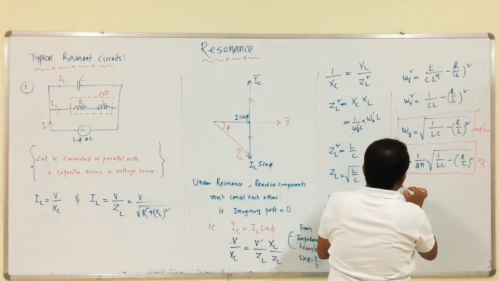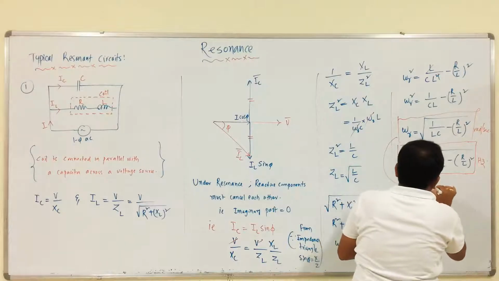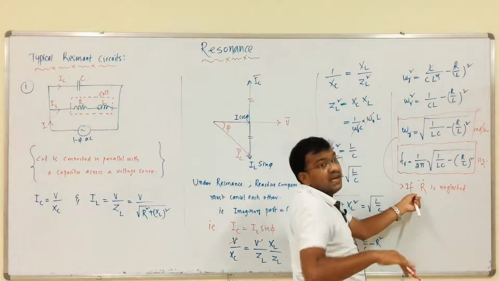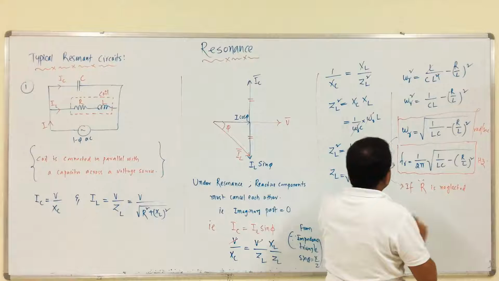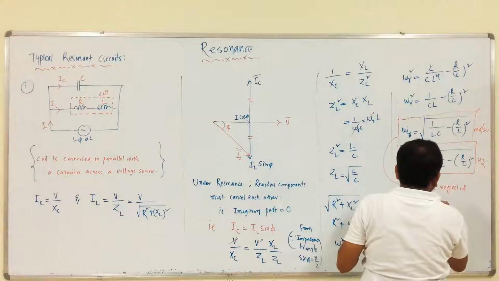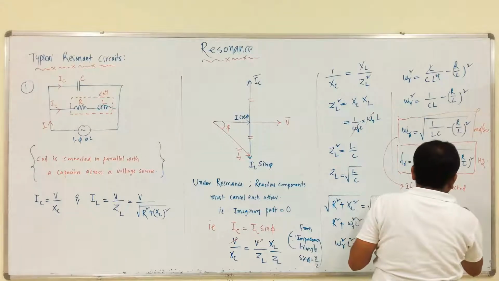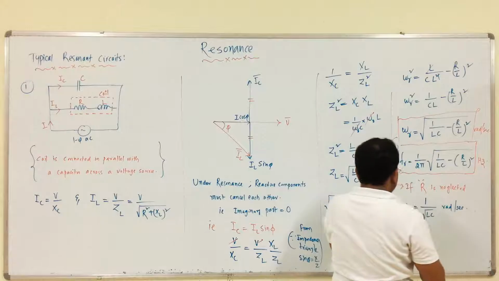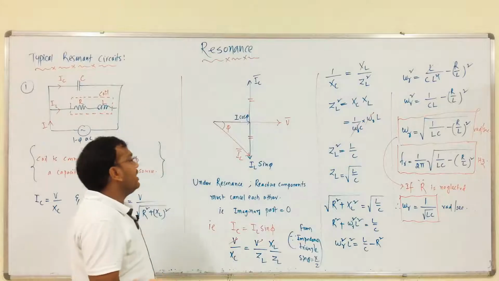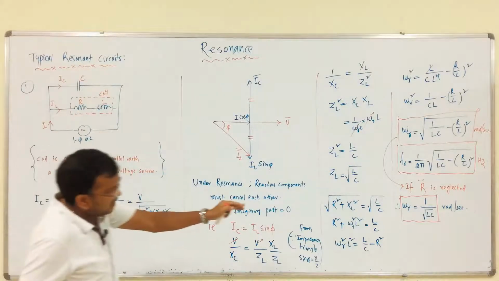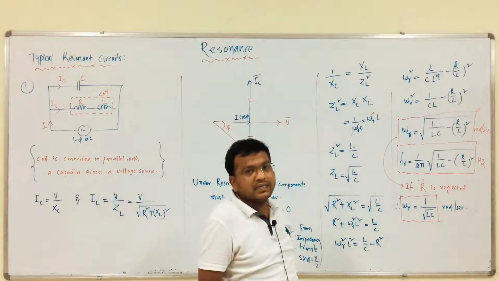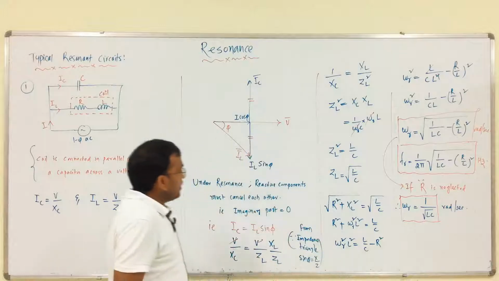So, from this, if R is neglected, for example, if R is far less, from this impedance, what will happen? R is equal to 0, what is the resonant frequency, right? If R is neglected, what is the resonant frequency? Square root of 1 by LC only. Means if we do not have this R, the resonant frequency is the same as in case of series RLC or parallel RLC circuit. This is the resonant frequency.